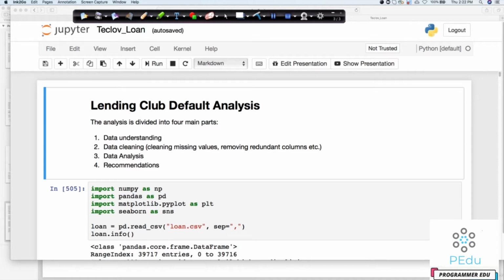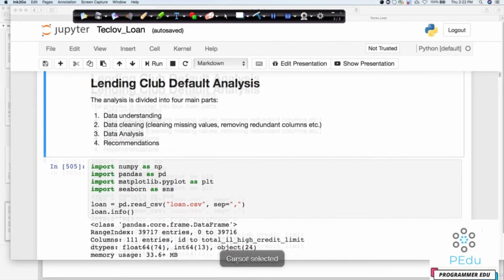So there will be four major parts which we are going to follow in this case study. Number one, we're going to understand the data. Second would be data cleaning. So we will look at the missing columns, missing values, and so on. And then we will do some analysis where we perform univariate, bivariate, segmented analysis, and do some derived columns also if required. And then in the last, we will do our recommendations in this case. So that's what would be our strategy while we are solving this.